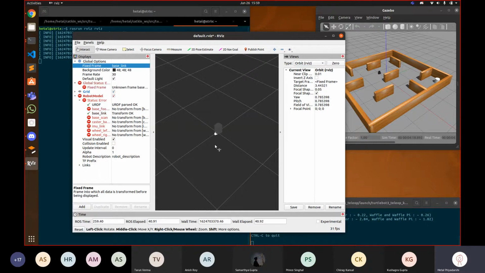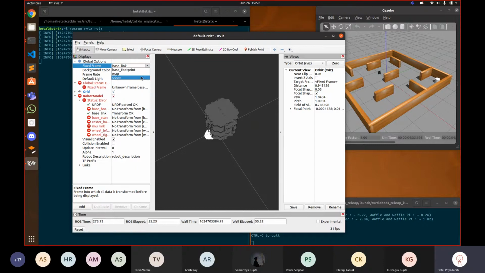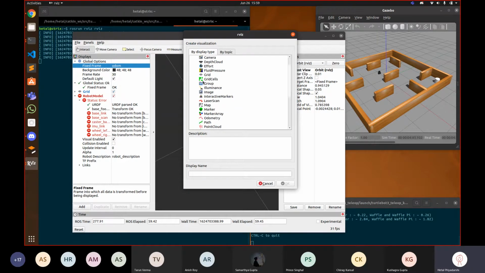Okay, I guess the robot is upside down. Anyway, just use odom, I guess. Or just enable map first, because that's what matters. And laser scan also.